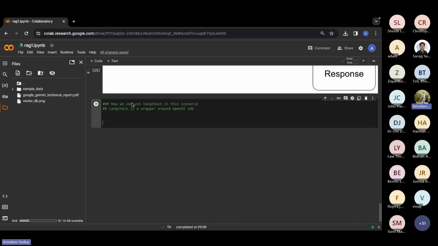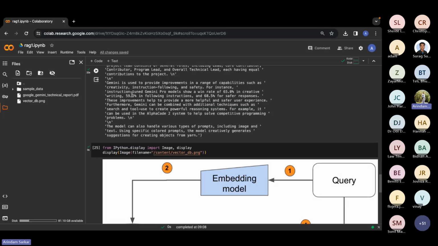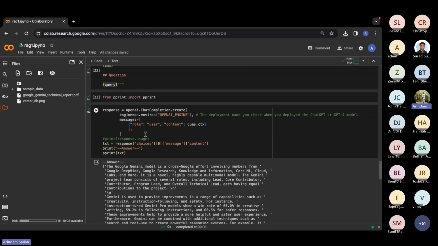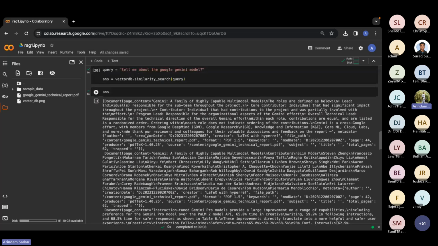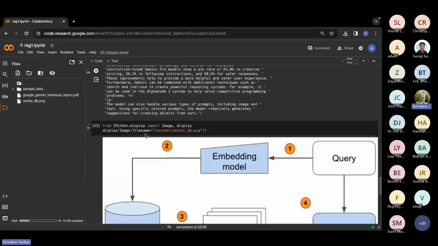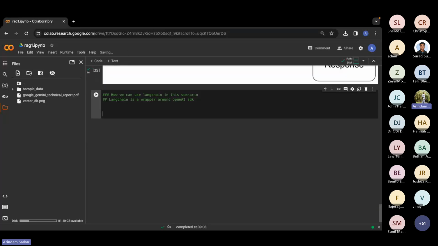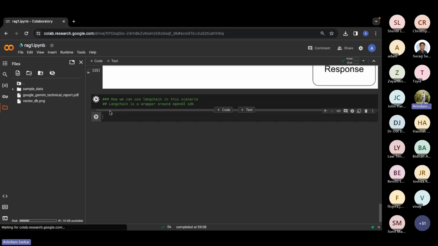Very easy to use. Like if you see right here, we have to do a lot of things. We are passing a lot of things. But in Langchain, you will be able to see that it's very, very easy, to be very honest. It's not that anything is fancy there. It's much easier to develop an application, or let's say you want to build one API which we want to pass to the front end. That is very much easier. So without any further talk, let's just do this thing. Let's start coding, right?